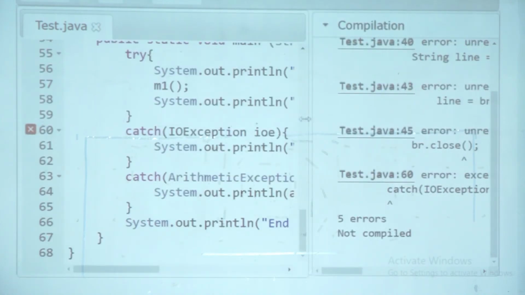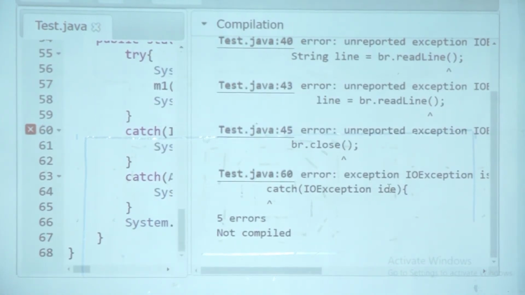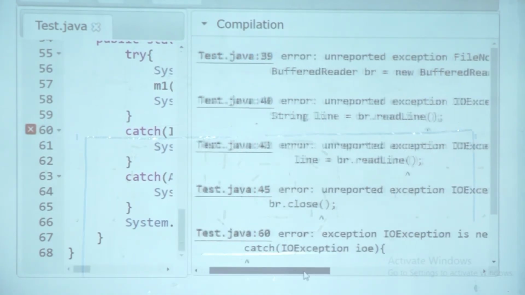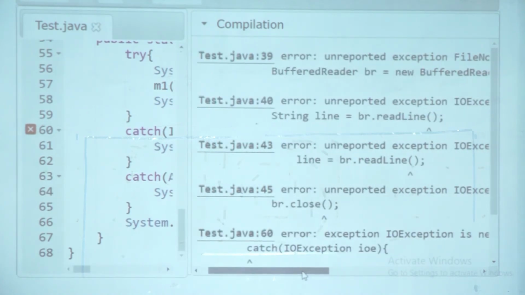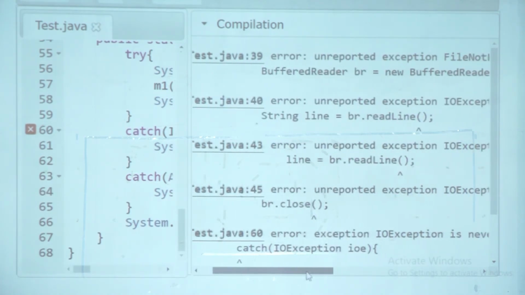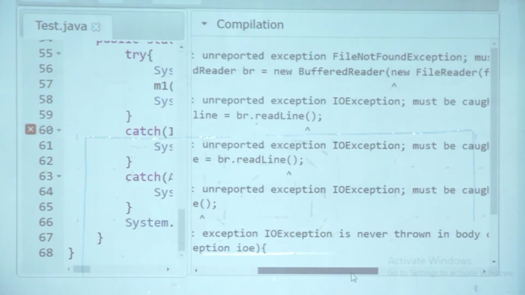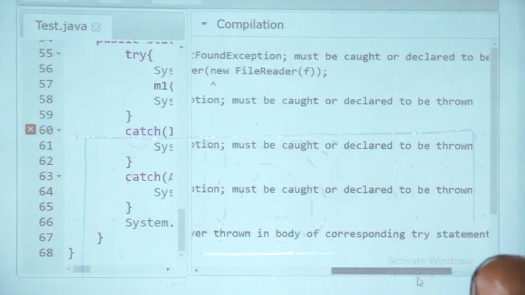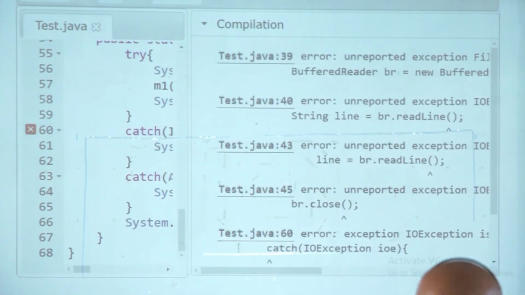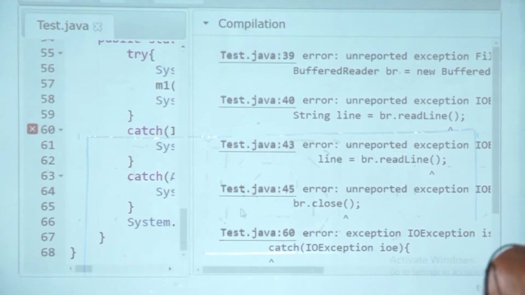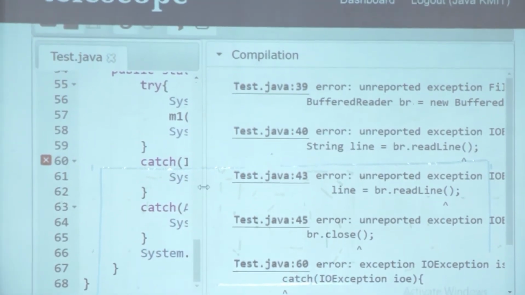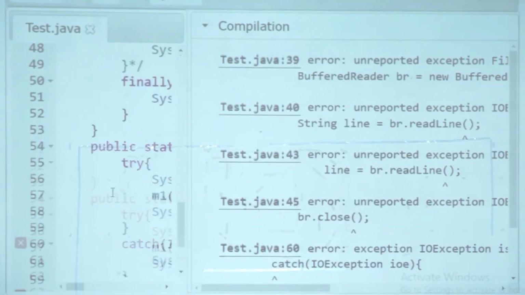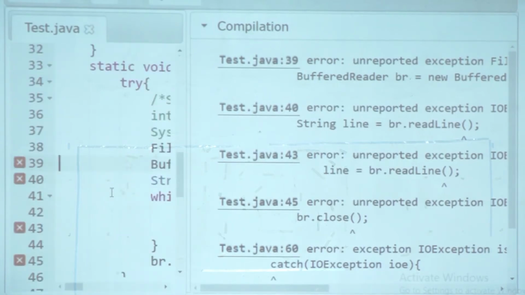Now you notice that, as expected, being a checked exception, the compiler is complaining on lines 39, 40, 43 and various places, saying, I don't see you even recognizing that there may be a FileNotFoundException or IOException. If you catch IOException, it's fine, because FileNotFoundException is derived from IOException. So I don't see any exception handler in your code. I don't see you handling or reporting the exception. Now you will see something important.